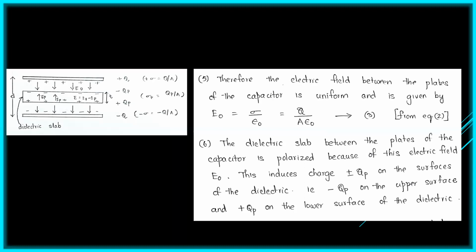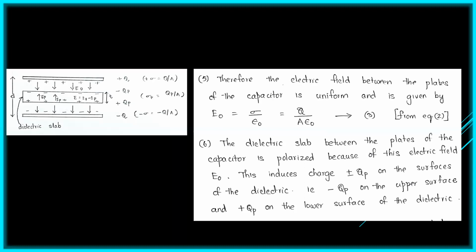That means the positive charge of one molecule is cancelled by the negative charge of the adjacent molecule. Therefore, finally, what remains is the extreme sides. That is, in this case, if the dielectric is in the center of this capacitor, the upper portion of the dielectric becomes negatively charged and the lower portion of the dielectric becomes positively charged. This is called polarization.